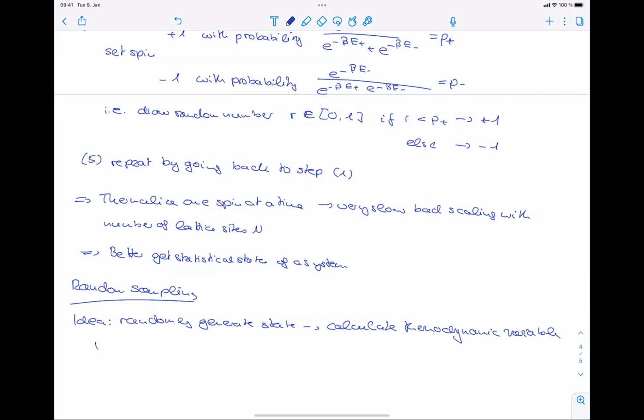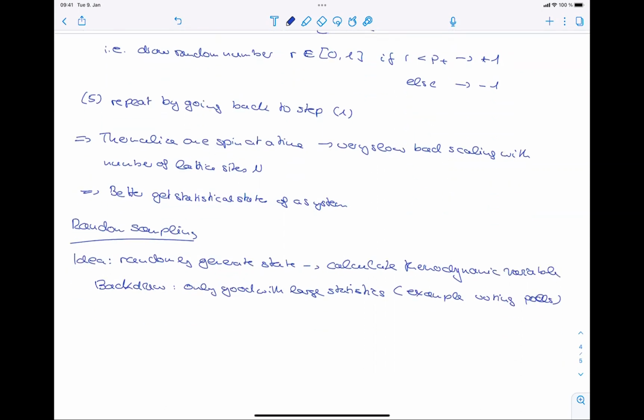And the background is it's only good with large statistics. Okay, so but if you take this example of trying to predict elections, what you could do